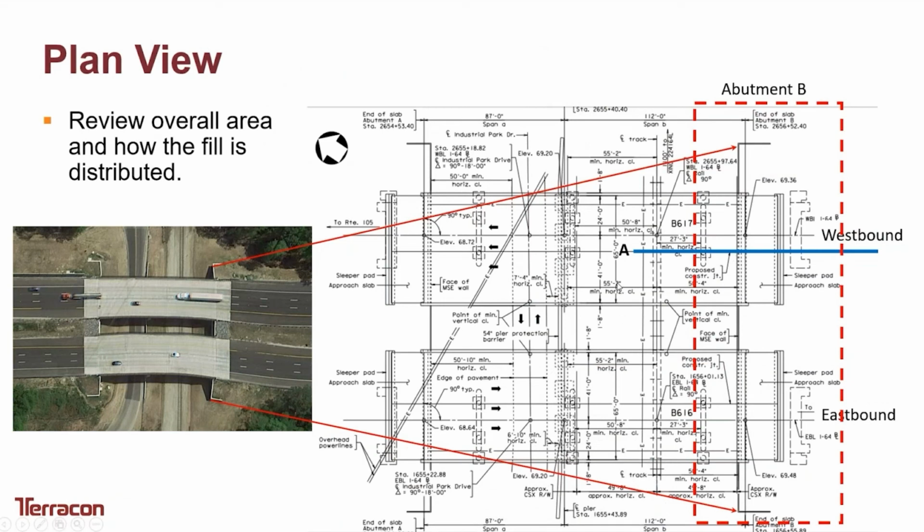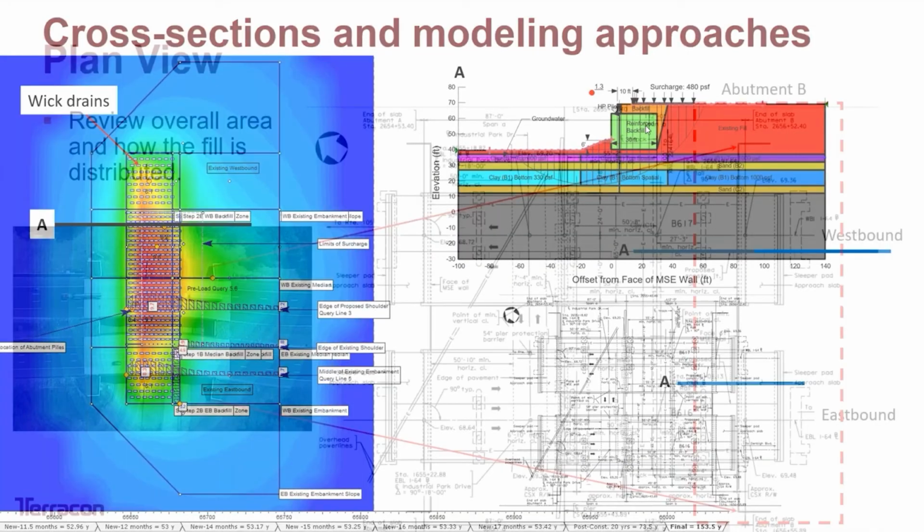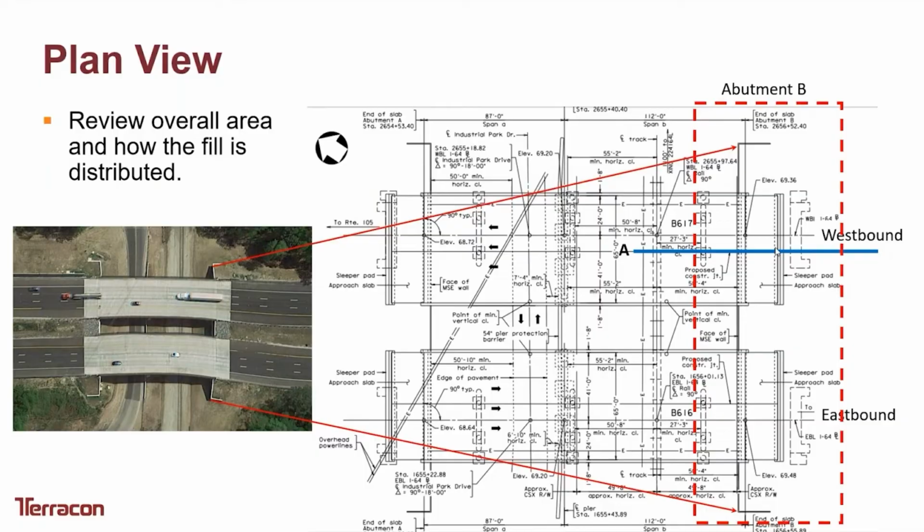Just to give you a plan view, these are the plans that the structural engineers generally prepare. It looks complicated, but it's not that bad. You can see from the already constructed plan that this side corresponds to this side. So this is abutment B, and you can see the existing abutment on the westbound and the existing abutment on the eastbound. And these are the limits of the face of our MSE wall. Further into that, I was showing this A-A line here, and in the next one you'll see